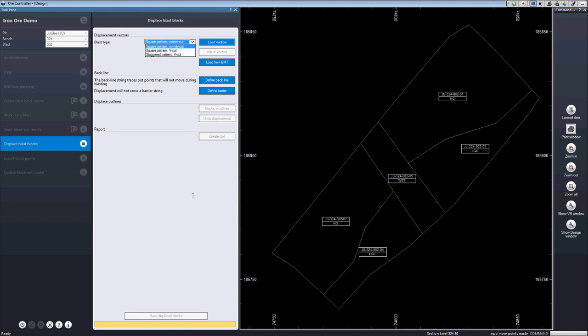The Ore Controller database can contain various displacement vectors to characterize different kinds of blasts. But this is only of limited use because each blast is unique. And because of that, CA Mining has an alliance with a company called BMT, Blast Movement Technologies, in Brisbane. And we have configured this Ore Controller system to be able to access the BMM Explorer database directly. So I can click the button here and go to the BMT database, and recover the specific blast movement vectors for this blast.